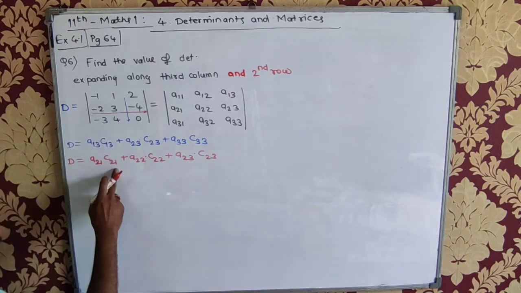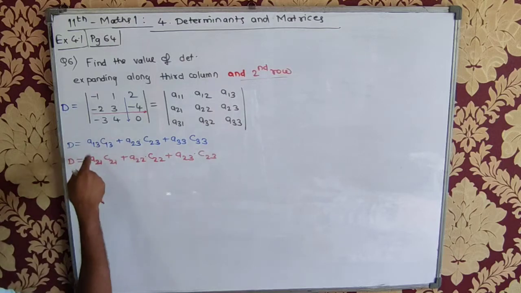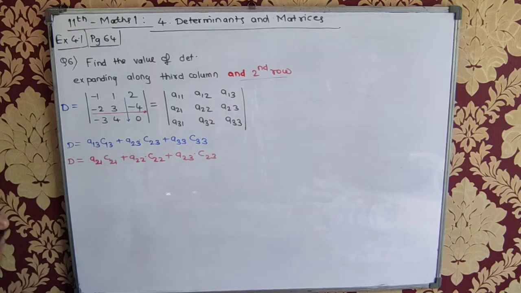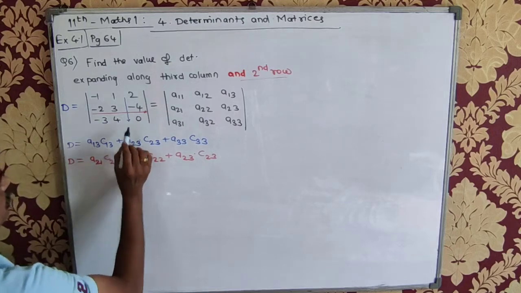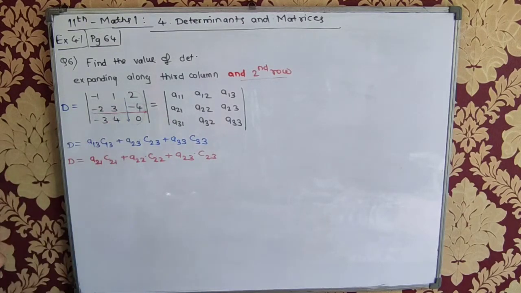बराबर है क्या? So I have added it over here, and you will see that the value of determinant is same. So हम ये blue वाला और red वाला दोनों करेंगे solve. That means these are cofactors I have to find out. Cofactors of this column and cofactors of this row. We have to find. That means we have to find out the minors of those.